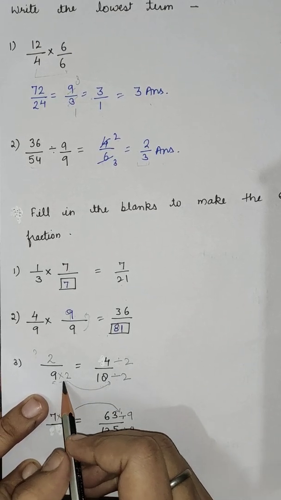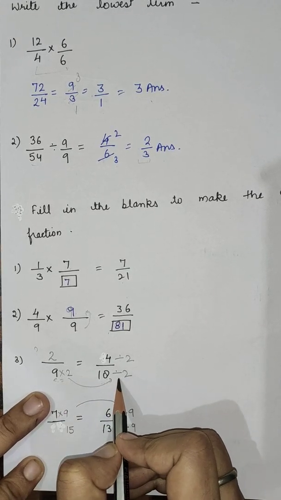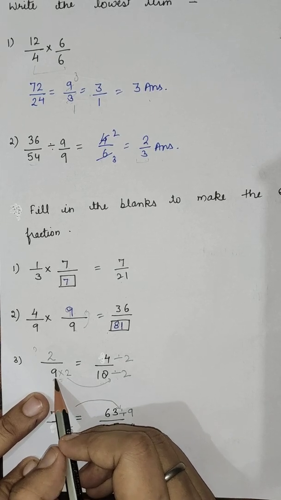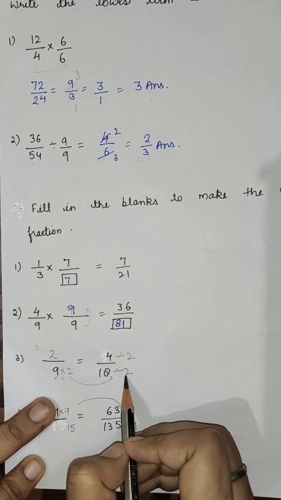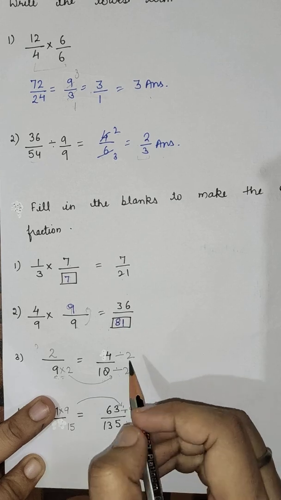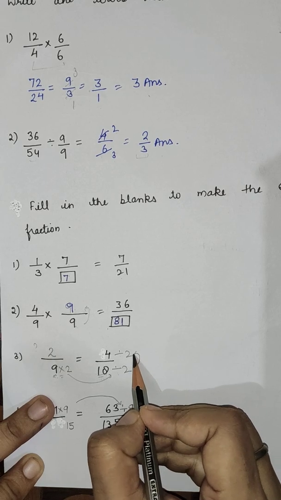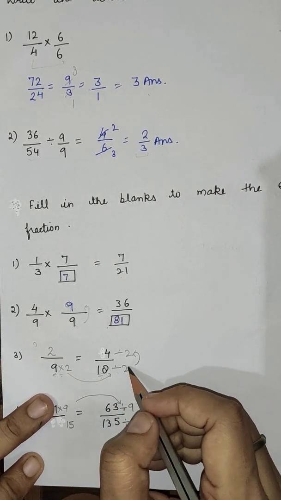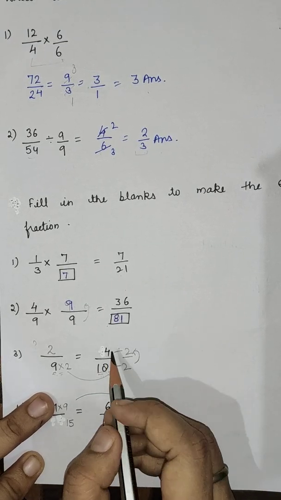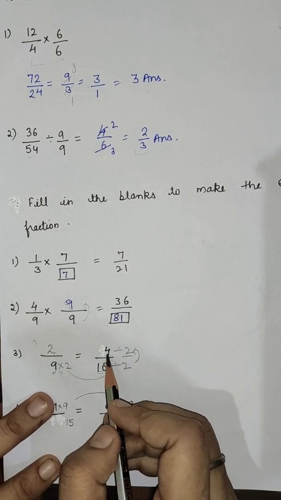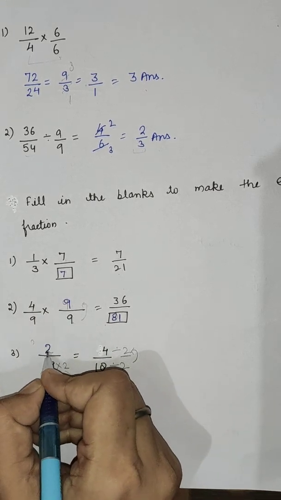And if we multiply by 2 here, whatever digit we multiply by, we have to do the same with the given digit. That is, if we multiply 9 by 2, we get 18. Now we will divide 18 by 2. Then, if we multiply the denominator by 2, with the same formula we have to divide this 4 also by the same digit. Then we will divide 4 by 2. So here the answer will be 2, since 2 2s are 4. The answer will be 2.